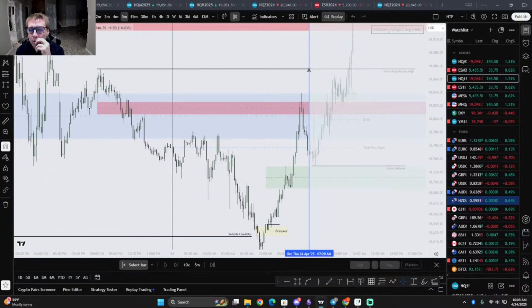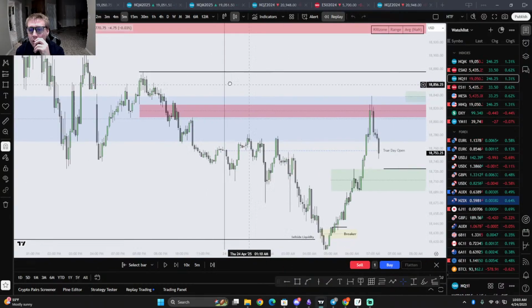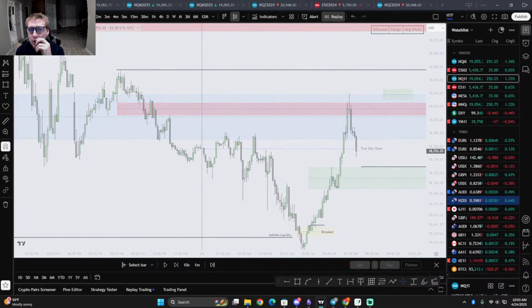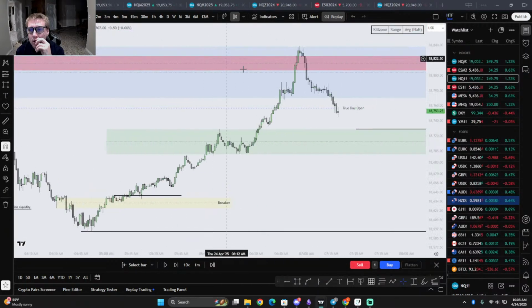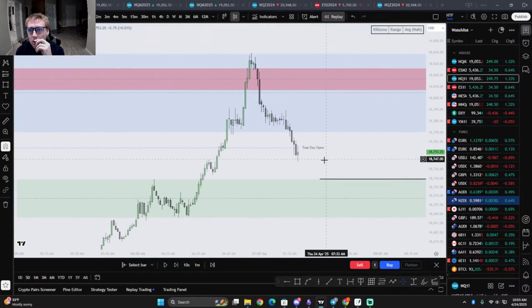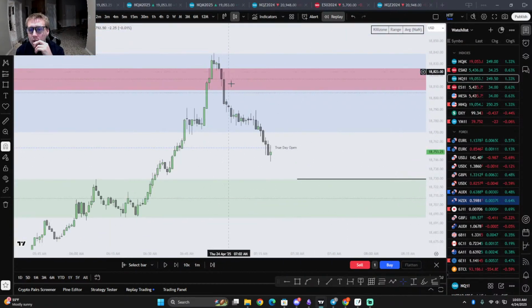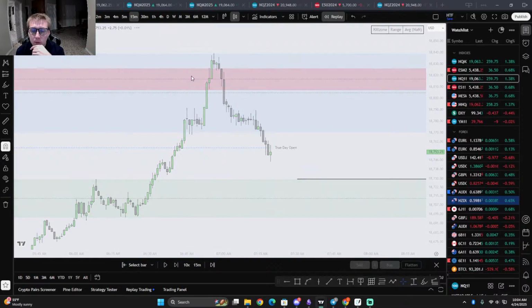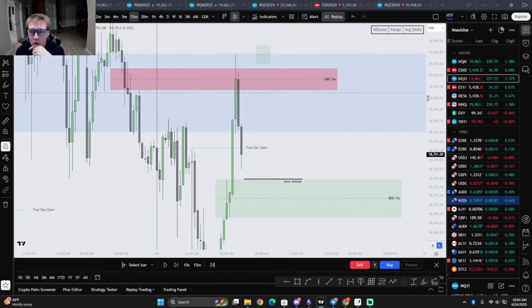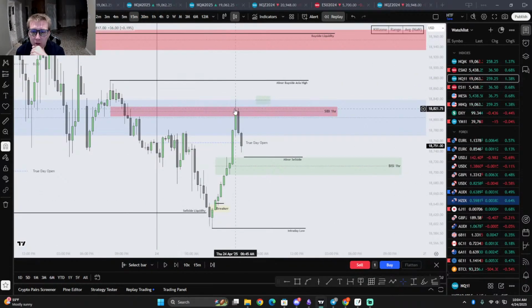This is a good example. Why would this not be considered a market structure shift? You're trading higher, and then you're trading back lower. You have a fair value gap here, and then we're trading through this low. So this is a possible market structure shift. But I'm not viewing this as a market structure shift because, is there any reason for price to be reversing here?